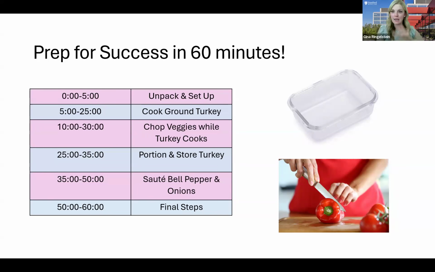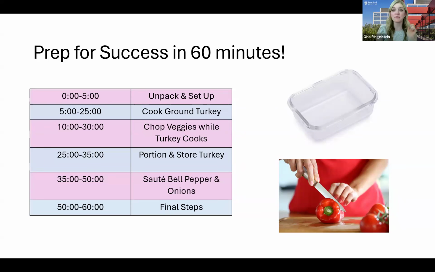In those first 5 minutes, unpack your groceries, leave out the ingredients that you need, and set things up. This is where you might need your knives, a cutting board, maybe prep containers, and different seasonings depending on what you're doing. For the sake of our example here, we're going to prep some ground turkey ahead of time that we'll use for our 3-bean chili and for our Taco Tuesday. So that'll be ready to go.